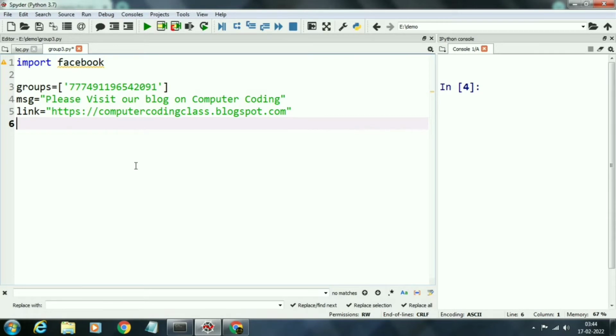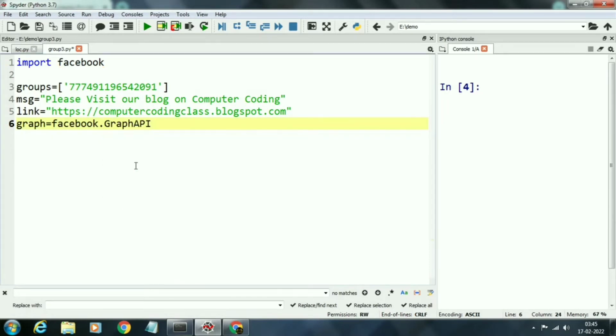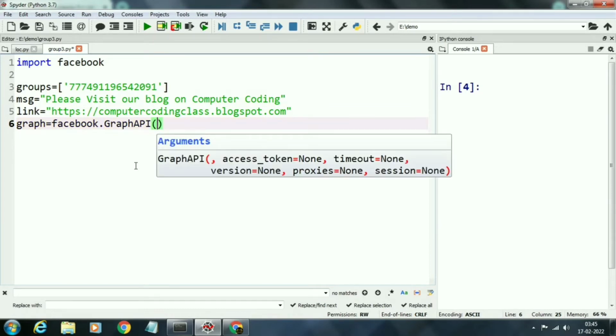Next, I will create an object of Facebook Graph API by using the Graph API function facebook.GraphAPI. But in parentheses, it needs a Facebook access token. So first we will have to generate our Facebook access token.